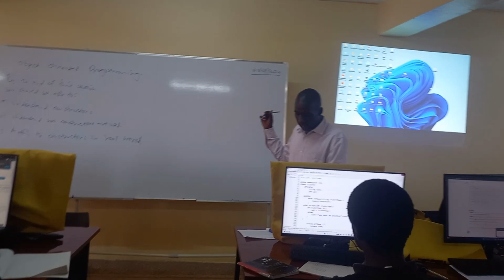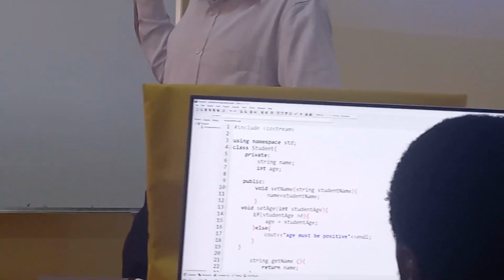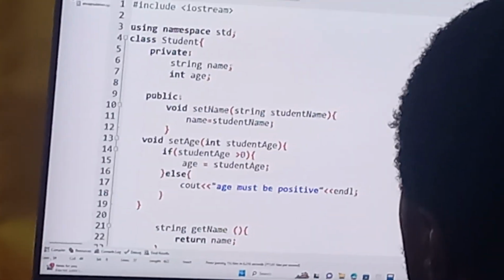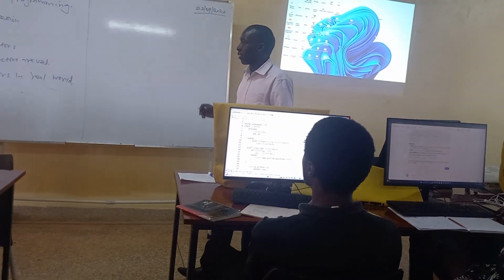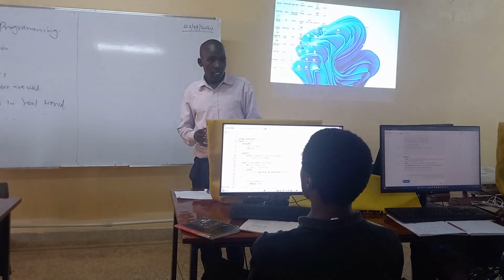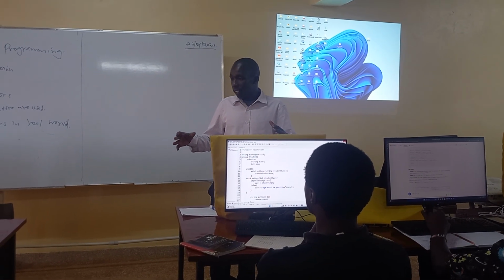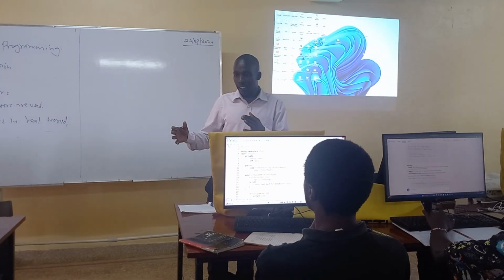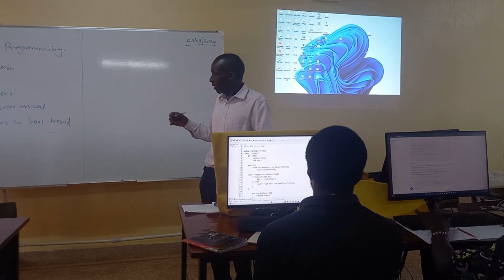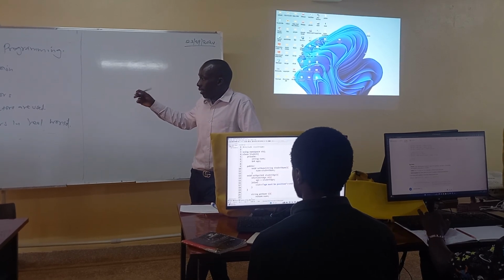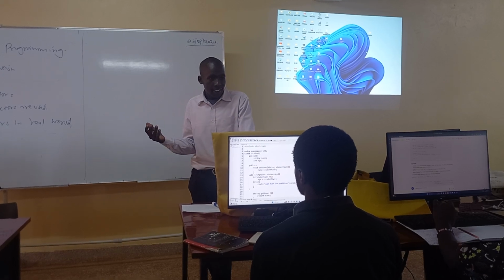We say that the Students class should begin with an uppercase S. And a class should be created outside our main function, so that other classes can access it. Rather than when we create a class inside the main function, that means other classes will not access the attributes of that class. Was that clear?